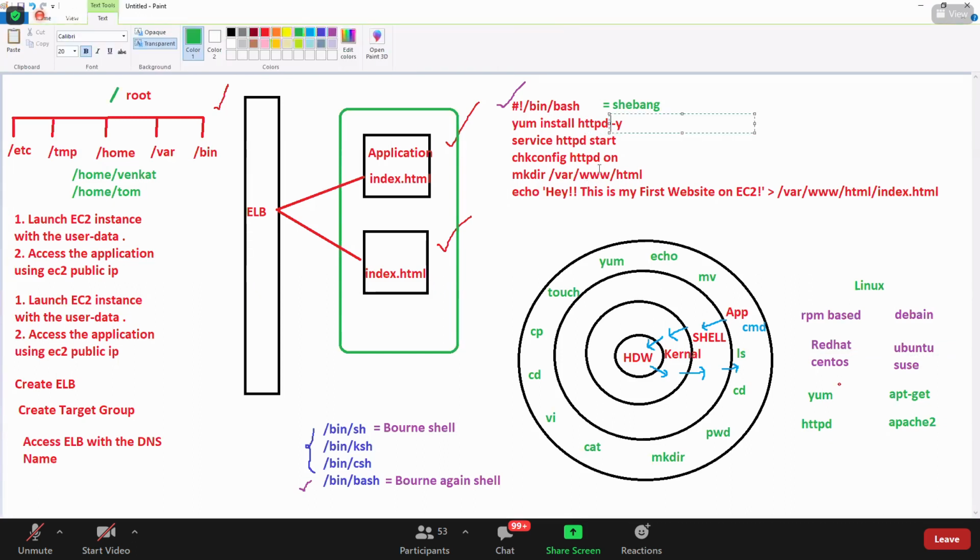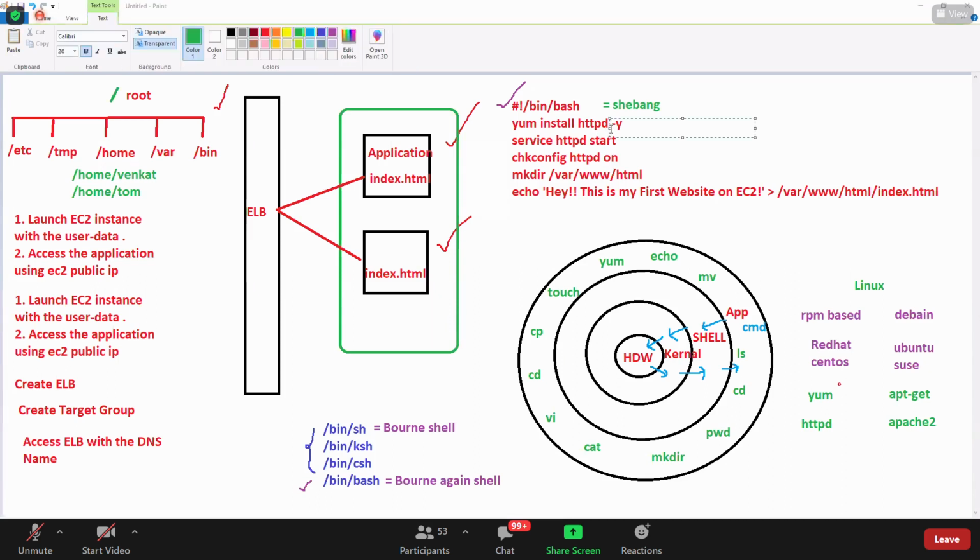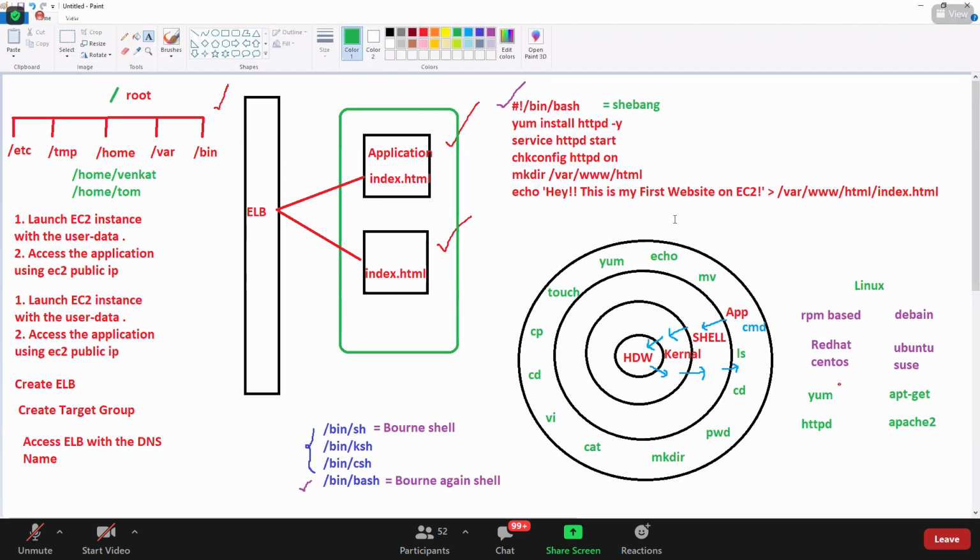Whenever you are installing anywhere, it will give an interactive prompt, like, hey, you want to install? Yes. Hey, it is consuming this much size. Yes or no? Yes. So guys, in scripting, you always use -y. -y means yes for everything. Got this? Everyone got the second line? This line is installing HTTPD.